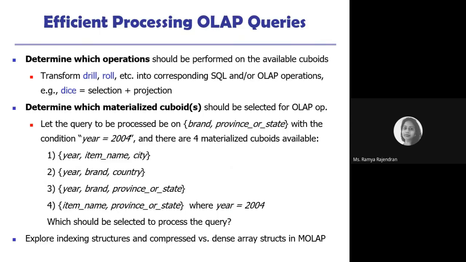So how do we process these OLAP queries very efficiently? It's very, very important, right? Because we have been talking about all these queries that we have been doing earlier: drilling down, slicing, dicing, everything. How can we do it very efficiently? First, we have to determine what kind of operation should be done, and what are the cuboids that we have. The person who's internalizing these things has to know what data they have, what format it is in, what kind of cuboids they have and what they need. They have to think through this, and then they'll be able to understand what kind of operations they do,